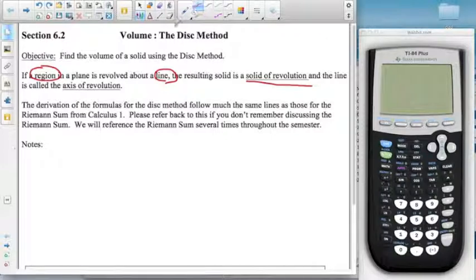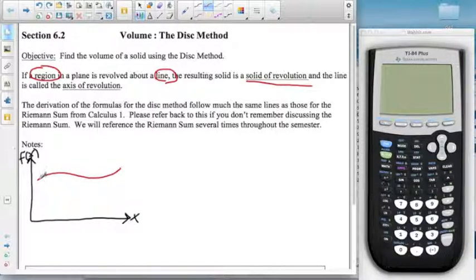So if we take a look at a coordinate plane here, and we go ahead and put a region here. So we'll go from point A to point B. And we take this region and revolve it around the horizontal axis. We get this solid,